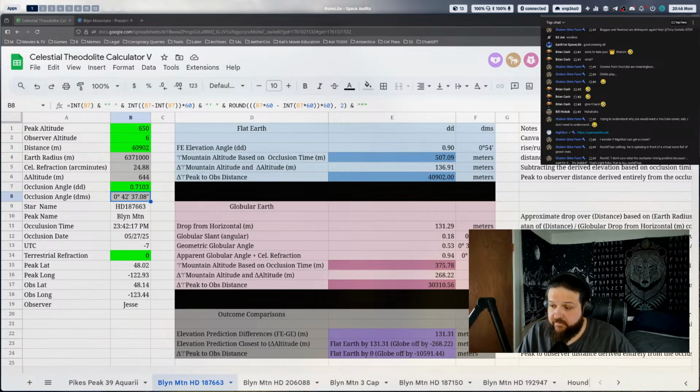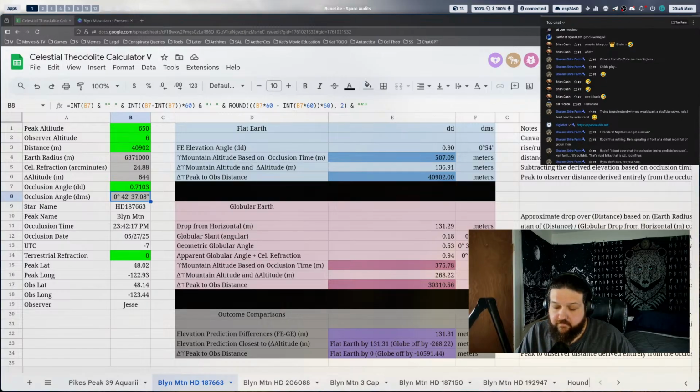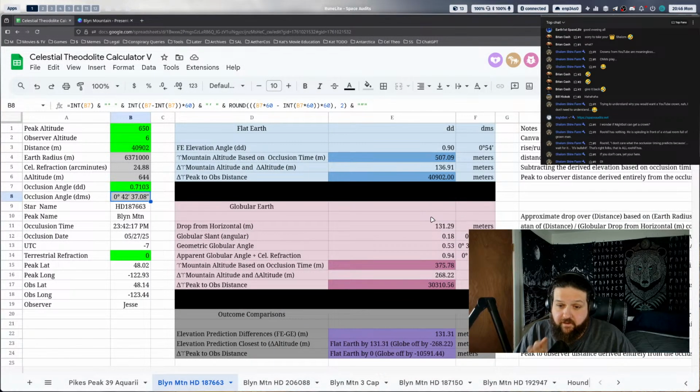Right. Your celestial theodolite is off by 11 or 12 arc minutes. That destroys it. If you do it properly with the globe, so not pretending we don't have an atmosphere and not moving the observer to some location he's not, it all works fine on the globe. The end. So accounting for atmosphere, right? We make the same exact measurement, dude. It doesn't matter. There's nothing else to account for.